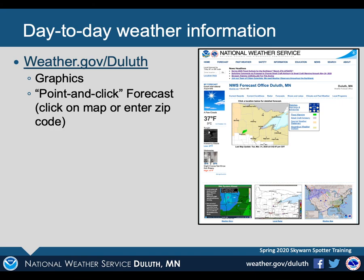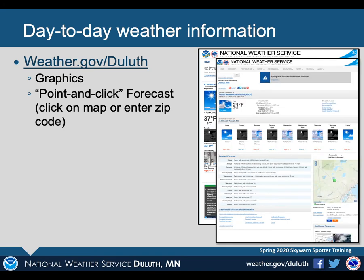Our website is a great place to start looking at weather information. We have graphics, we have the point-and-click forecast, very easy. You can get the National Weather Service forecast anywhere in the country. Just head to weather.gov. When you click on the map or enter your zip code, you can find the detailed